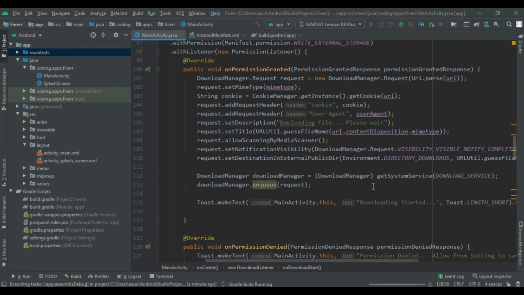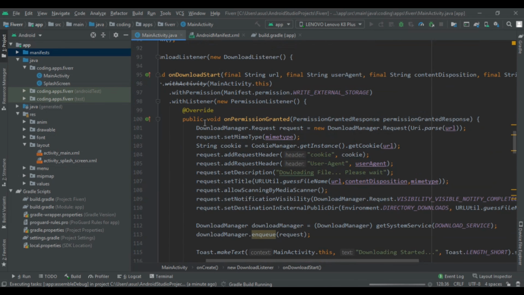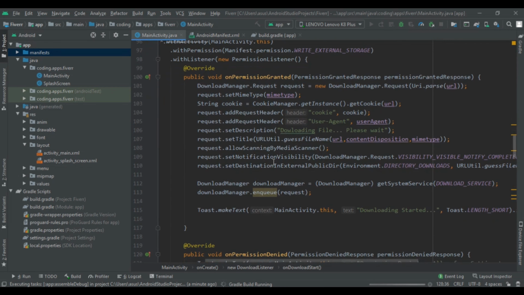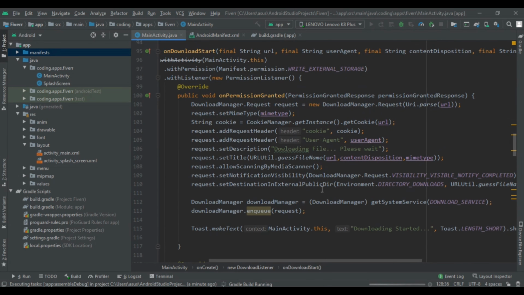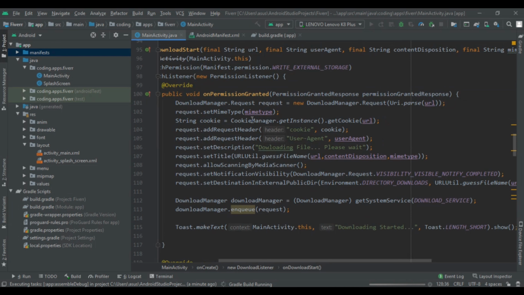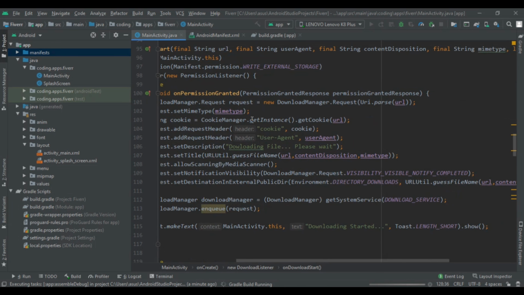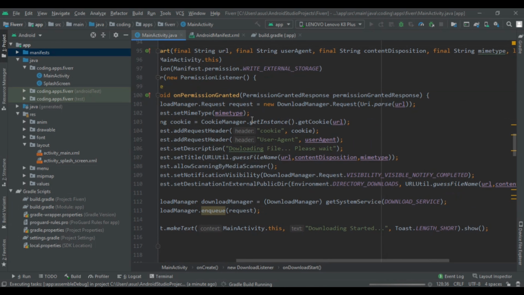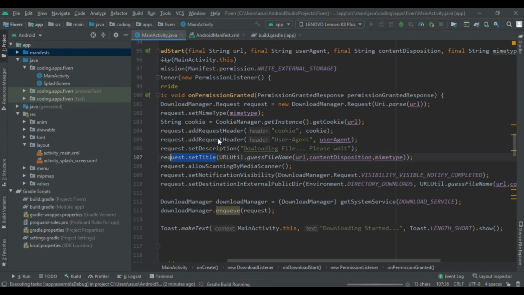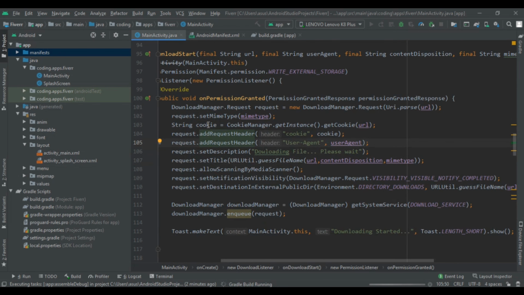And now we go on to what if the permission is granted. So if permission is granted, then we are going to work on some backend. So we had created a download manager request. So we had created a new request and passed the URI of our URL. I hope you are understanding my language. So then we had set the mimetype to mimetype. These are all things which are auto generated.